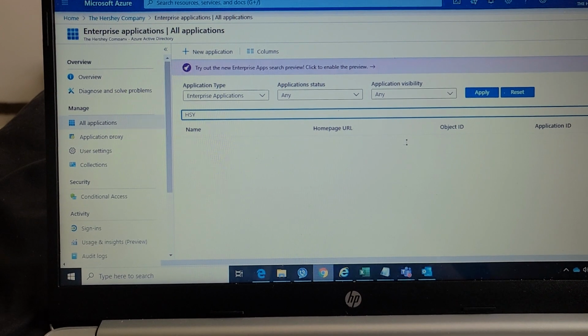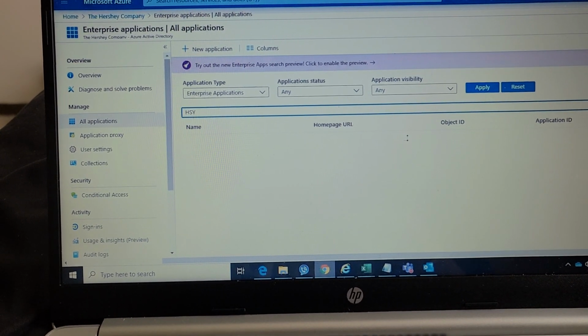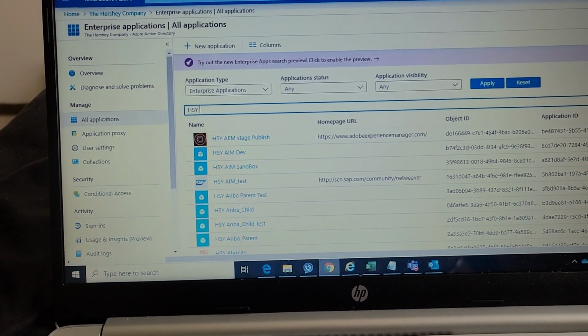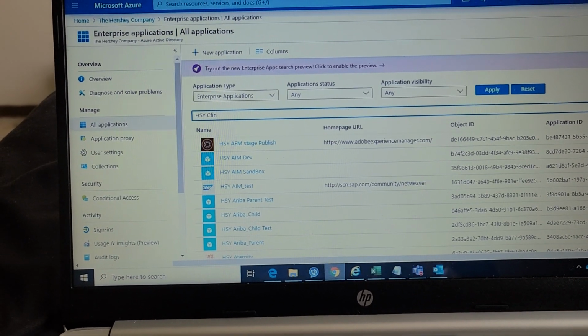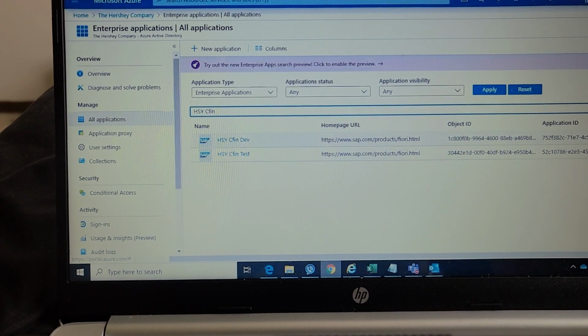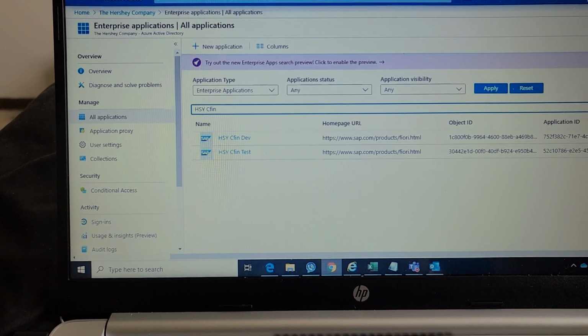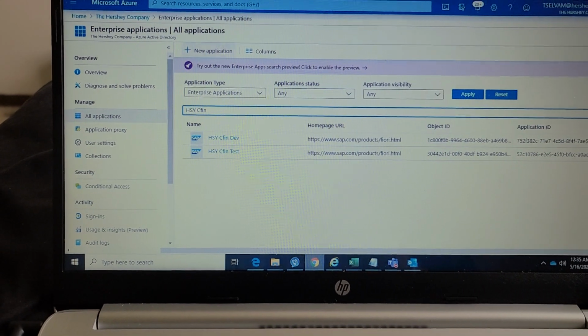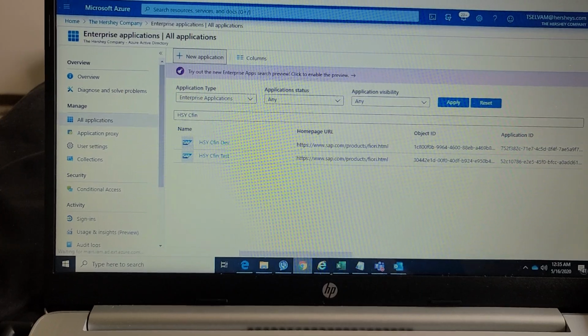So now we are going to do production, which means the non-production environment is already done. So we can take a non-prod environment sample and check. Dev and test are non-prod environments. Just CFIN will be the production environment, so we have to add a new application.